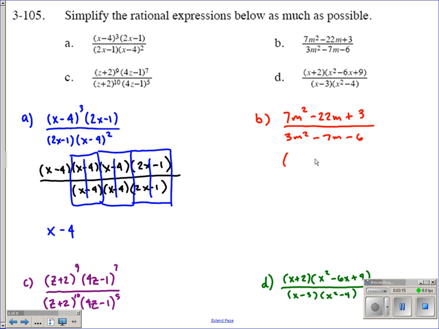So I'm going to look to factor it into two binomials, because there aren't any common factors between 7, negative 22, and 3. So I'm going to have 7m and m. That's easy because 7's prime. So is 3. So when I put a 3 in here and a 1 in here, and I know both my signs are negative, I should have 7m minus 1 times the quantity of m minus 3. In my denominator, when we factor 3m squared minus 7m minus 6,